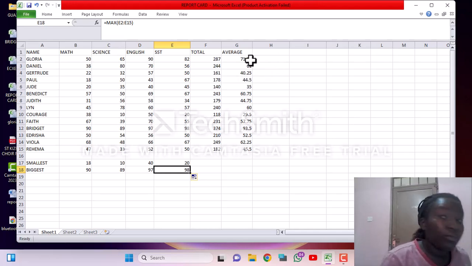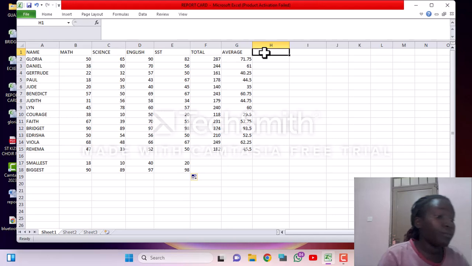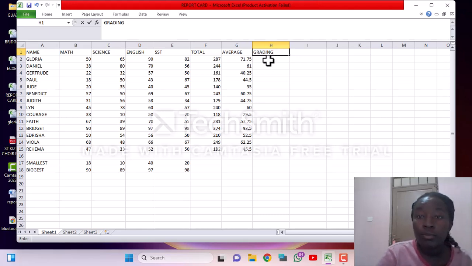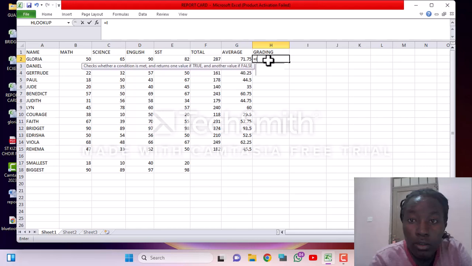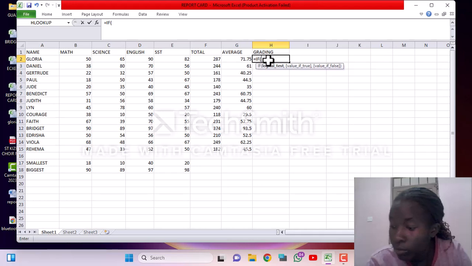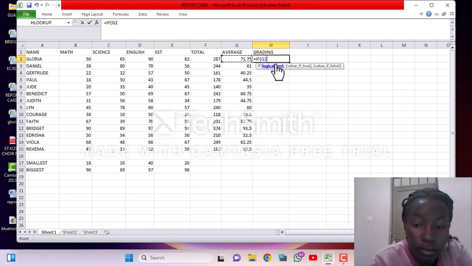For example, if we are putting in a grading function and we miss something, we say equals IF this value is less than 79,